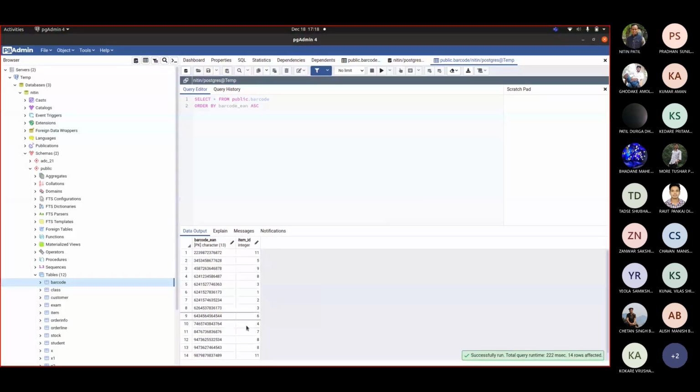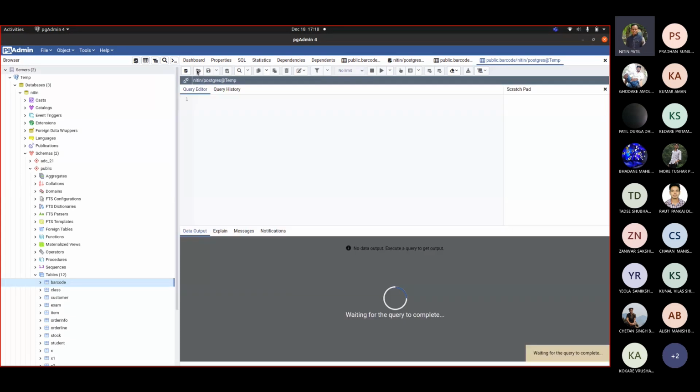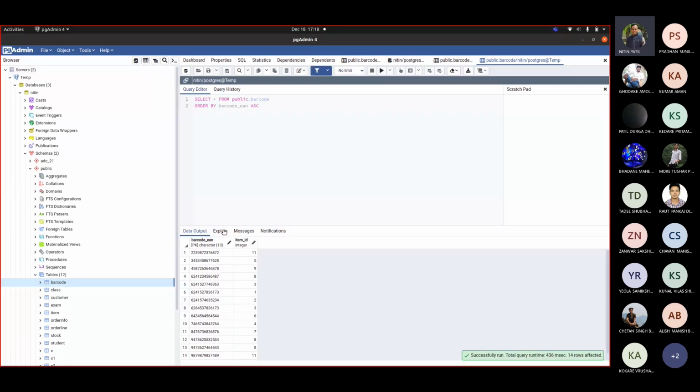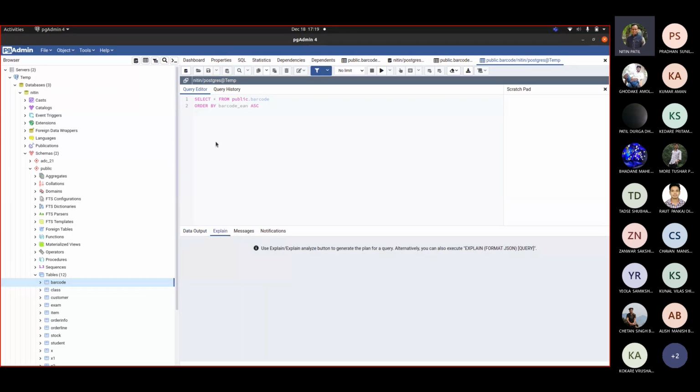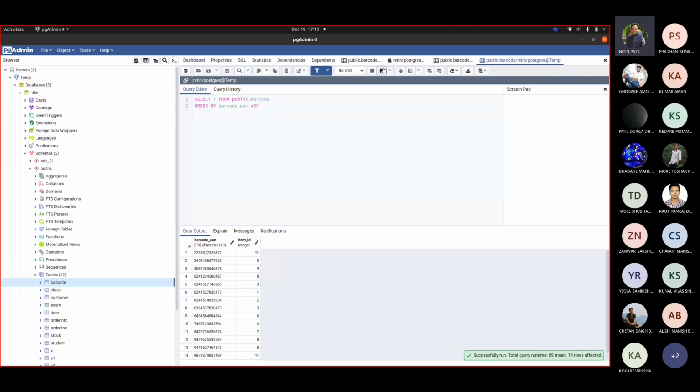So if I say yes, that data may not be getting because we are actually working on this select query. So if I go here and try to find the different methods to execute this, it would tell you how to make use of this particular UI. I want you to use this UI and explore many things. I'm not here to teach you this GUI, but I only want to show you one important thing called explain. Suppose I execute this query.